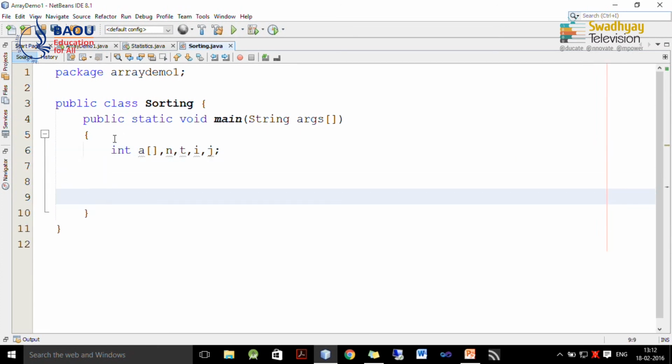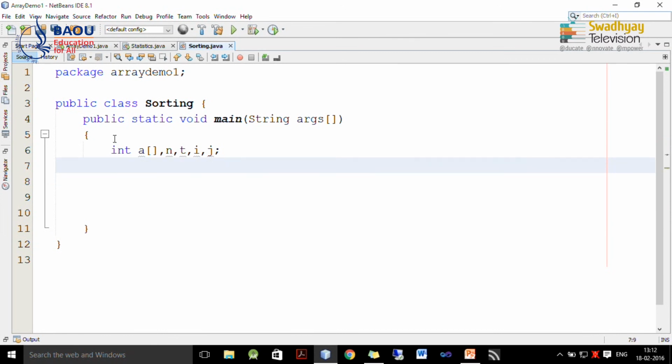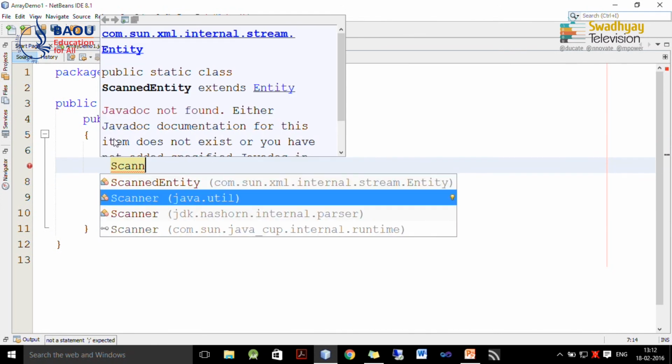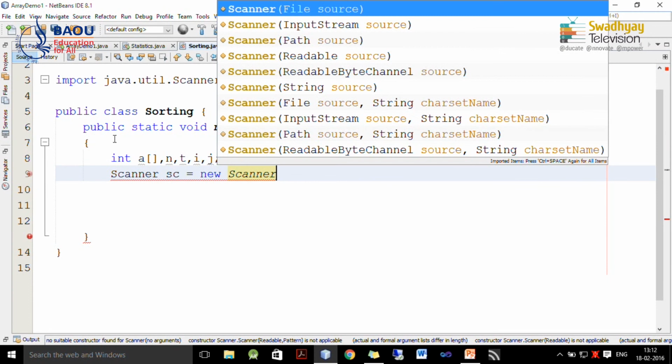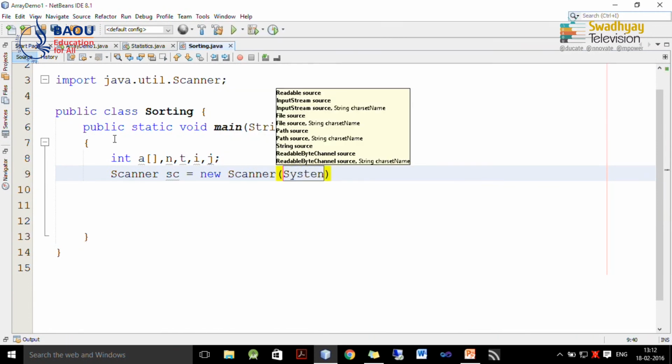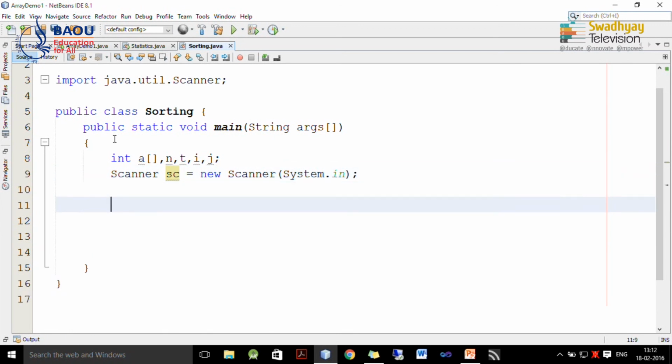Here we declare a scanner class object first, so that we can read data from the user. So, here is a scanner class object and here is its instance, and our source is System.in, and then we ask the user how many elements are required.